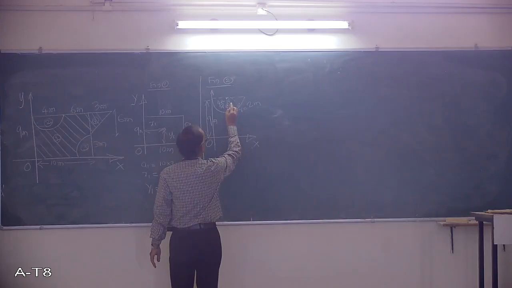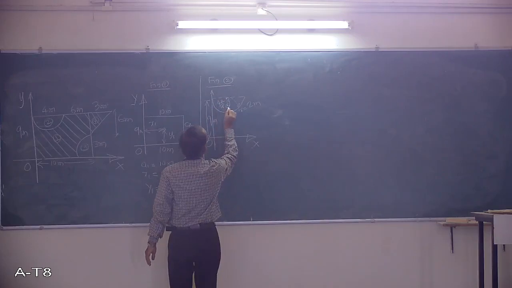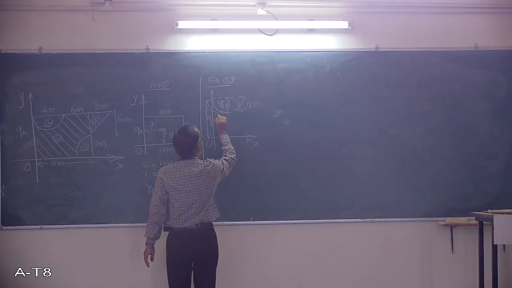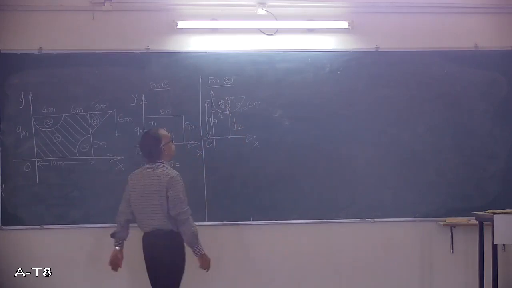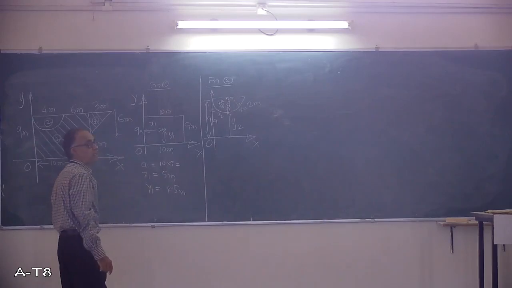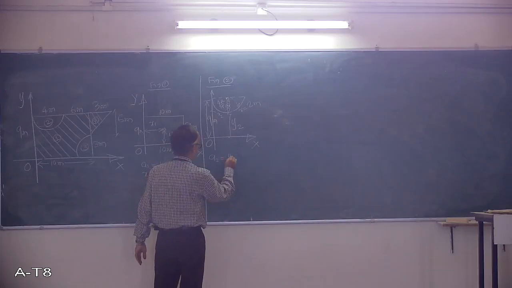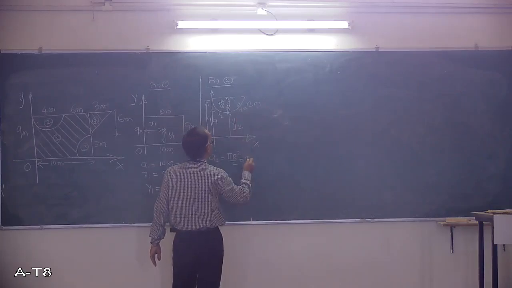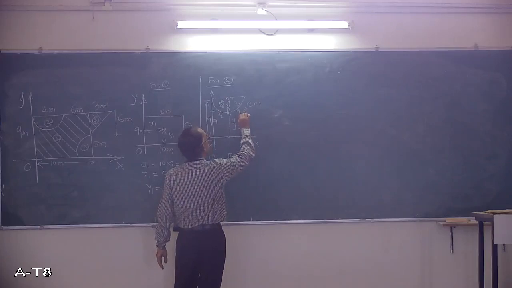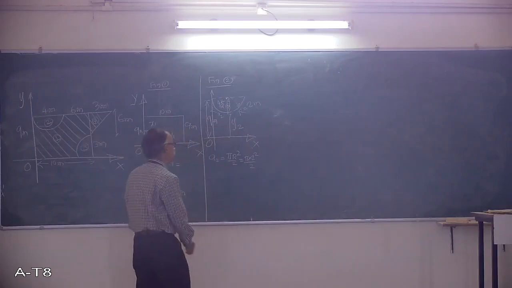Origin is here. If you measure, this will be x1 parallel to this. This will be x2, and this is y2. So you have to mark correctly. Any small mistake, the problem will go wrong. Then what do I write? A2 is pi r square by 2. So pi into 2 square, so much meter square, that is the area.